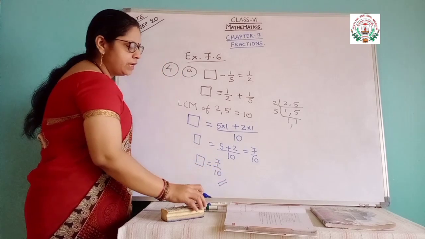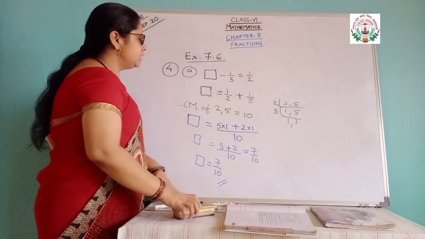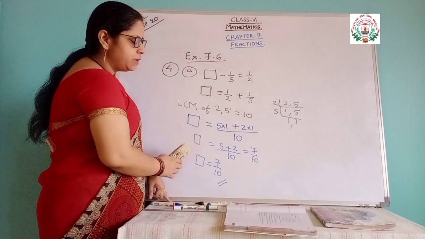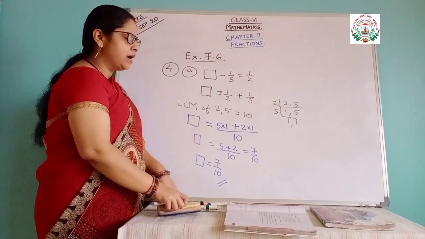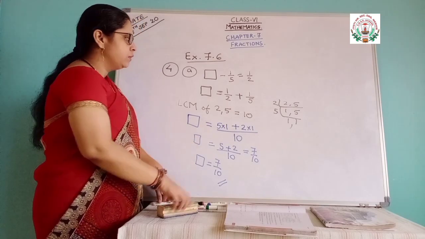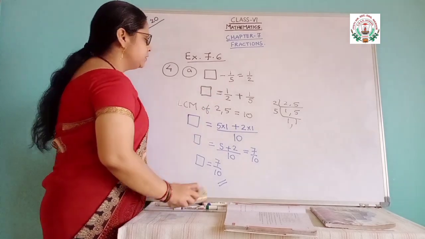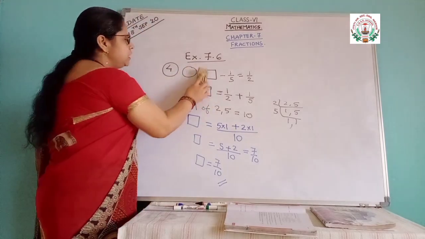So this way we are solving. It is just like the previous question, only the values have been changed. Now the C part is a little different. Only the position of this box and the value has been changed. So coming to the C part,